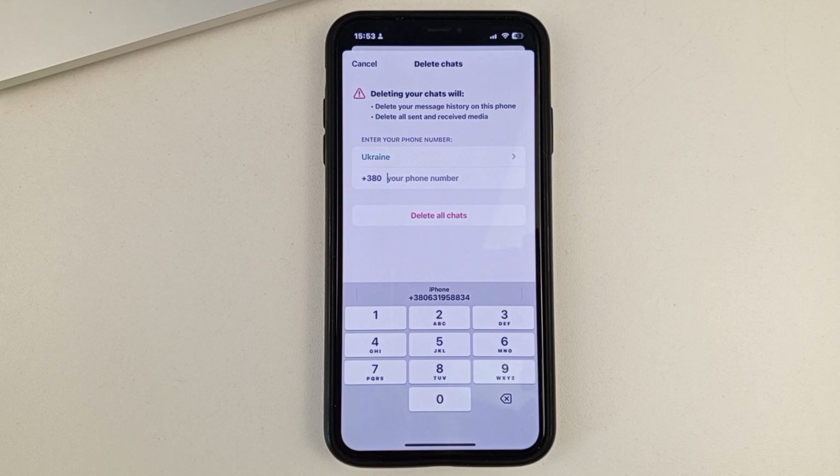This is a good way if you want to, so to speak, start again. Clear everything in WhatsApp and start all the conversations again if you have a lot of old chats. But I will warn you that this action is irreversible. That is, after deleting the chats, you will not be able to restore them in any way. So you should first make sure that you do not delete anything very important in this way.